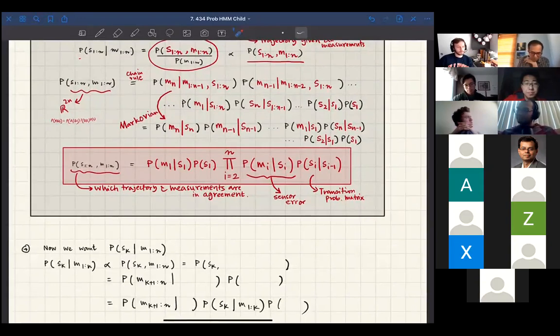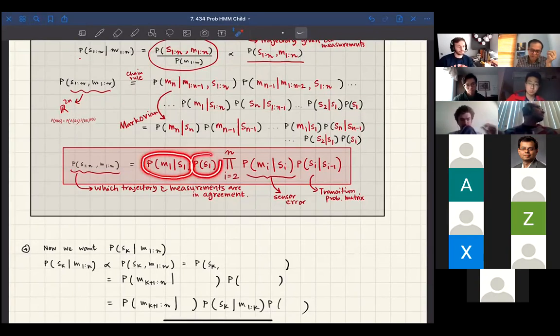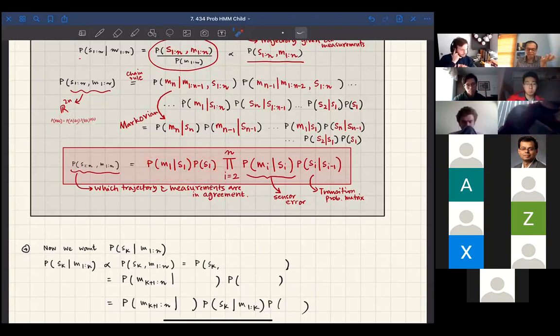But for now, we have this result. The probability of a trajectory and the measurement together is the probability of the measurement given S1 times the probability of S1. The probability of a measurement given S1 is essentially saying, if you are at this location, what is the probability that your measurement would be so-and-so? For example,